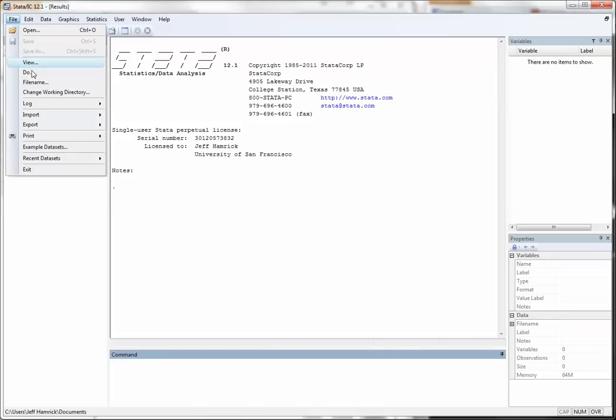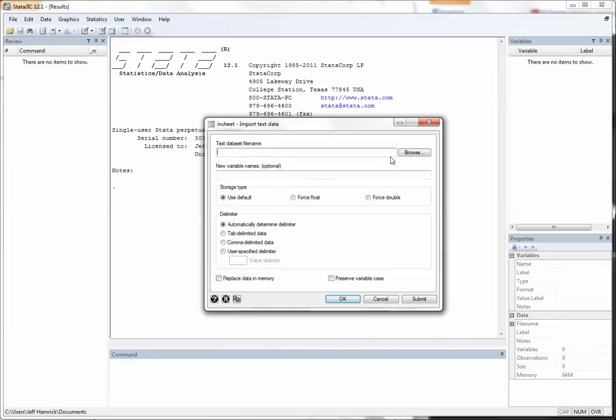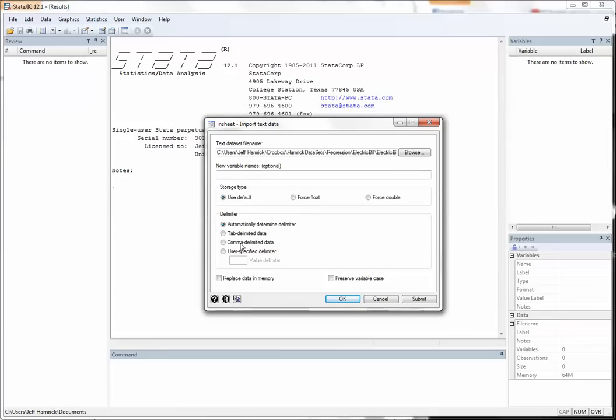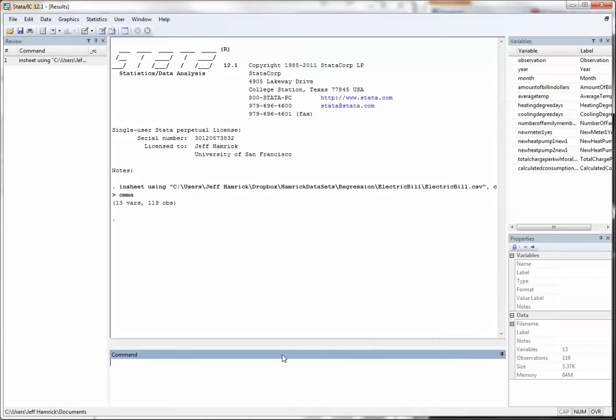I'm going to rebuild here really quickly the model involving the electric bill. So I'll start by just regressing. I don't need to declare a time variable. I don't need to declare it to be a time series data set. So I'm just going to regress the quantity of interest, which is the amount of bill in dollars, against some independent variables that are potentially of interest, like heating degree days, cooling degree days, number of family members, and these dummy variables right here. And we already know that this particular regression model suffers from serial correlation.